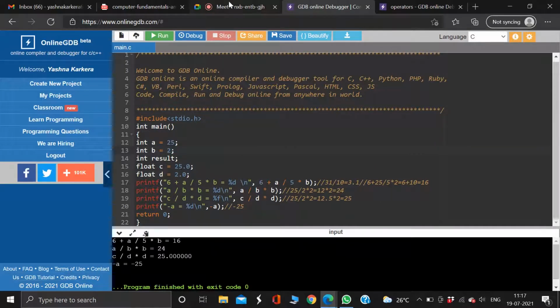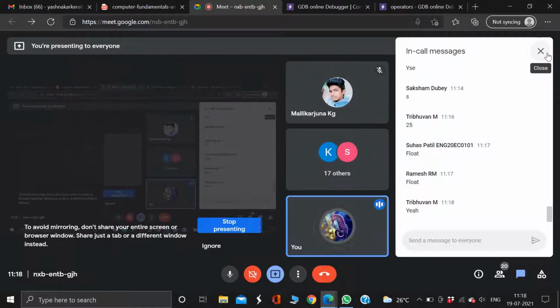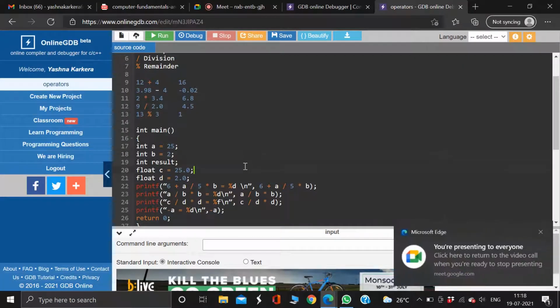Yes, 100%. So one thing you need to remember is when you're doing such a calculation, you see that C will divide first, then multiply. But if you put a bracket, it will calculate whatever is inside the bracket first. So always remember, whenever you're calculating anything, you have to put brackets, because of the BODMAS rule, brackets get calculated first. So I think this part is done. We'll go to the next part of operators.